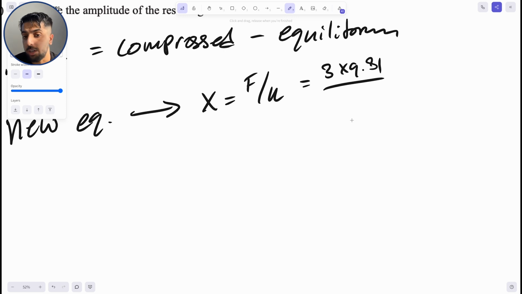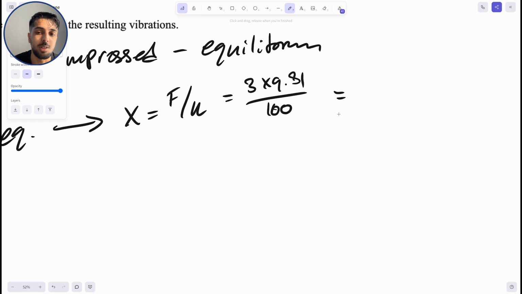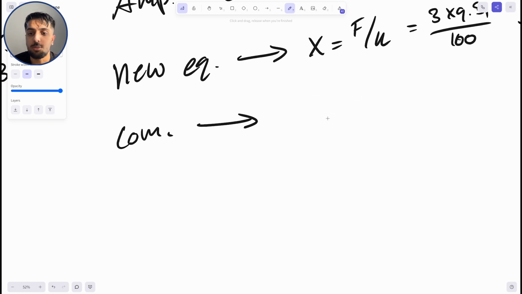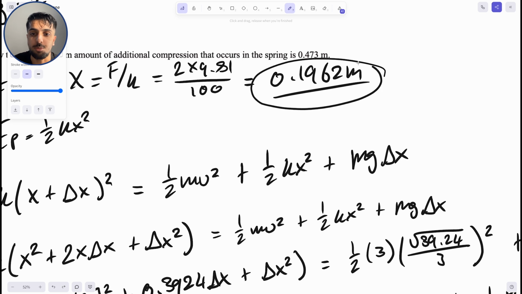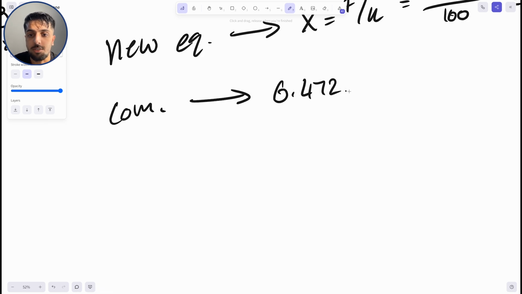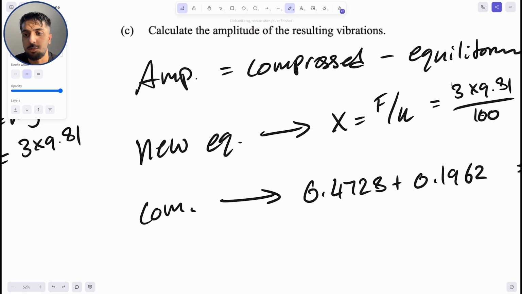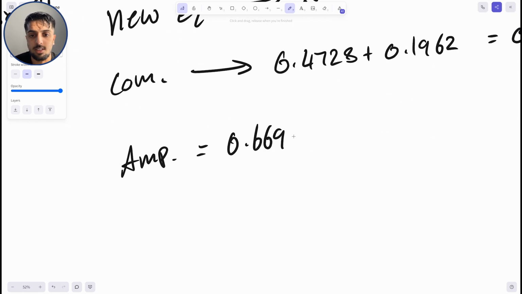And that is all over our k value, which is still 100 newtons per meter, and that gives us a new equilibrium position of 0.2943 meters. Now our total compression is going to be equal to the additional compression plus the initial compression, so that's 0.4728 plus 0.1962, and that's equal to 0.669 meters. And so using this equation that we formed above, our amplitude is going to be equal to 0.669